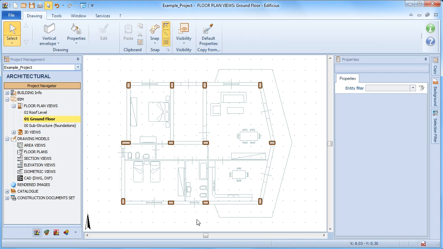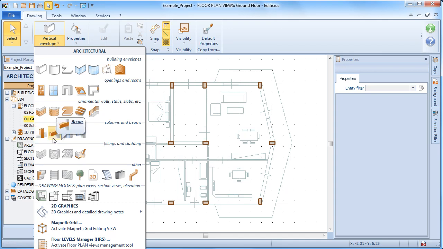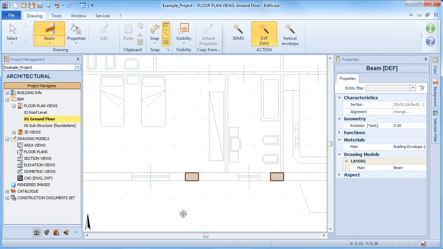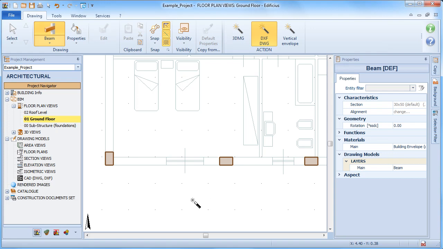We can also insert a beam using the automatic recognition from DXF DWG feature. Proceed with the object recognition. First select the beam object from the drawing menu and then activate the DXF DWG magic wand from the toolbar